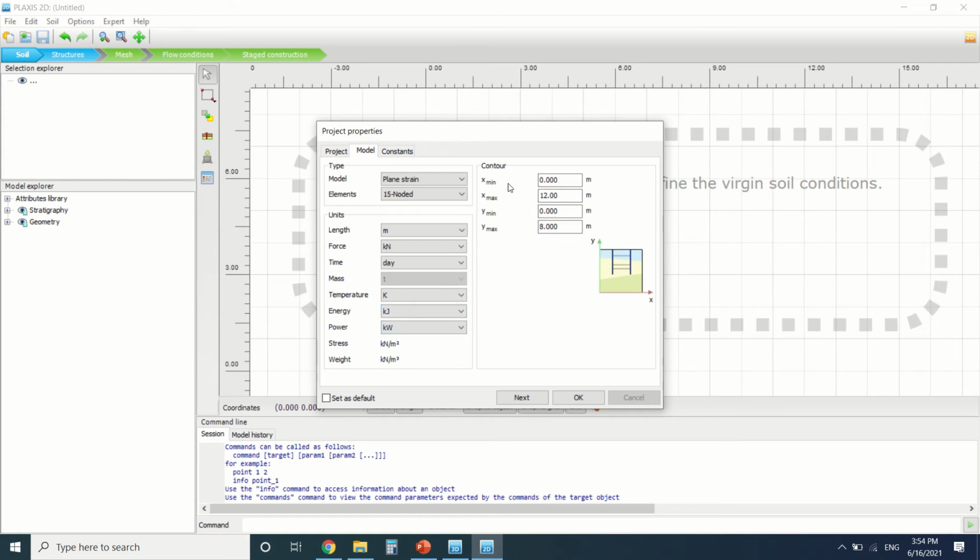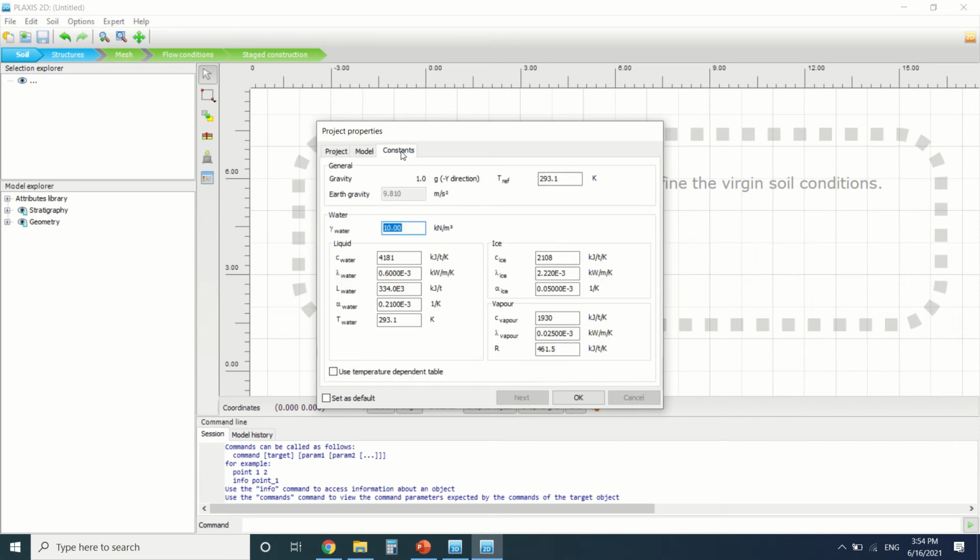Here is the contour of our project. This is X maximum and this is X minimum in this direction. And this is Y maximum and this is Y minimum in this direction. And here are some constants that are used in Plaxis. There's the gravity, which is equal to 1 in the minus y direction. There's the Tref, the temperature,